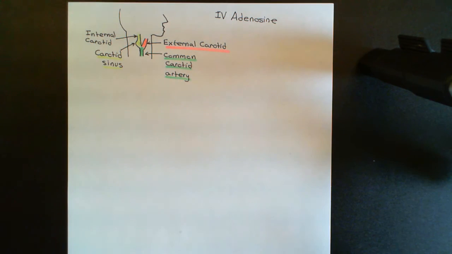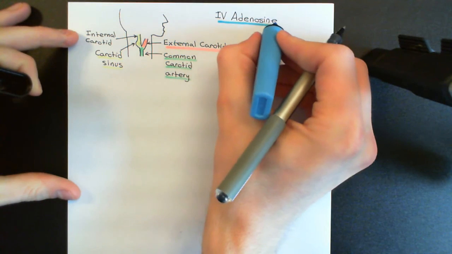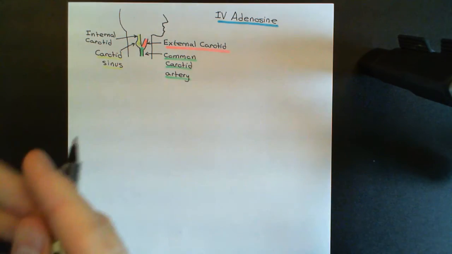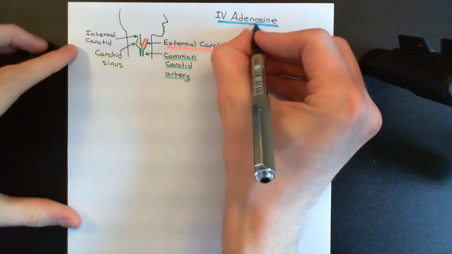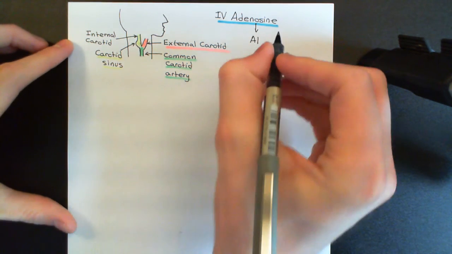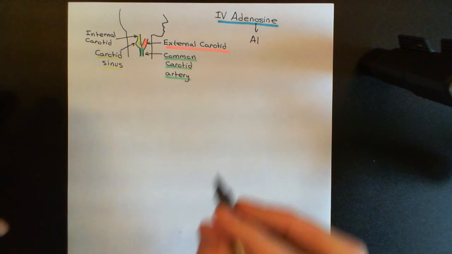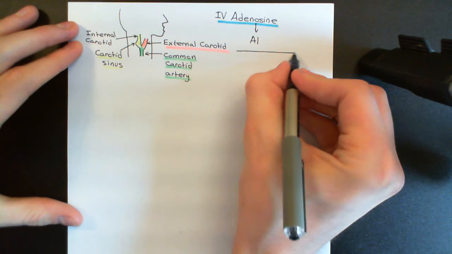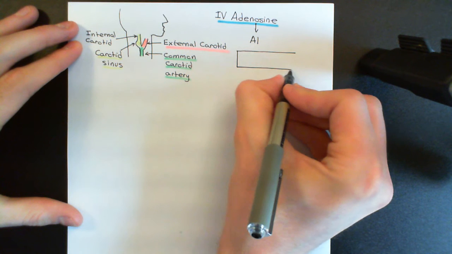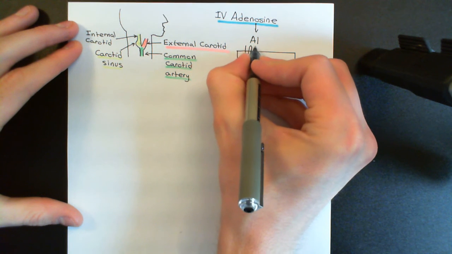Okay, so how is adenosine going to slow conduction in the atrioventricular node cells? Well, adenosine has receptors on the atrioventricular node cells known as adenosine 1 receptors. So adenosine can activate what are known as the A1 receptors on the atrioventricular node cardiomyocytes. So let me just draw one of these. So here, let's say this is our AV nodal cardiomyocyte. Then it will have one of these